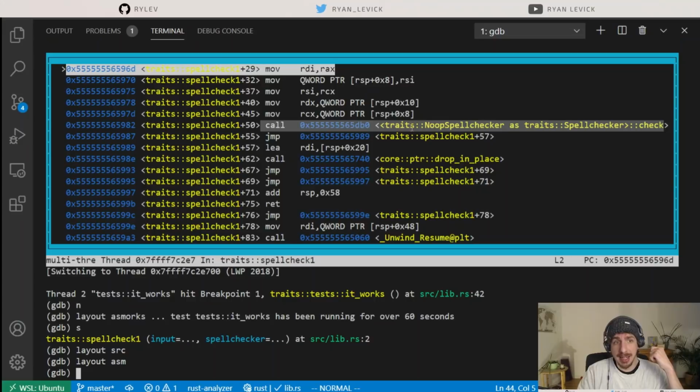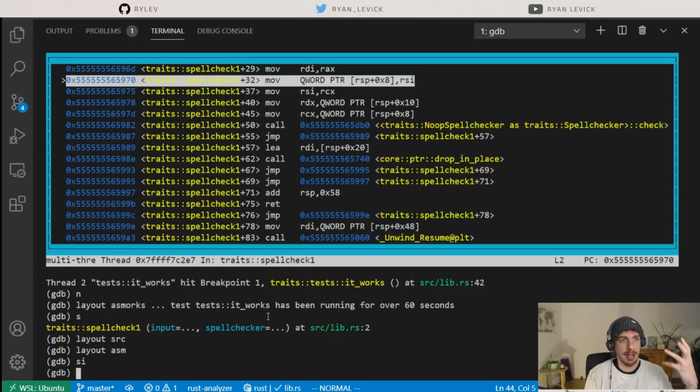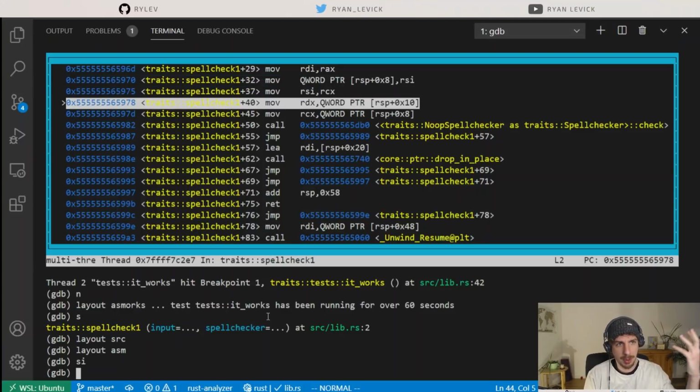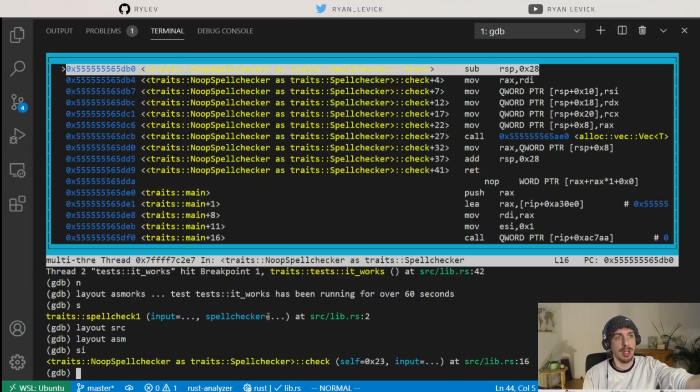And you can see, in fact, that it knows that it's going to be calling check on the no-op spell checker here. So this no-op spell checker as a spell checker calls its check, and it's just one assembly instruction, call, to go ahead into that function. So we can go ahead and step instruction here with si, and we're going along, we're executing, and then we execute one more instruction and call, and then we're inside of spell checker check